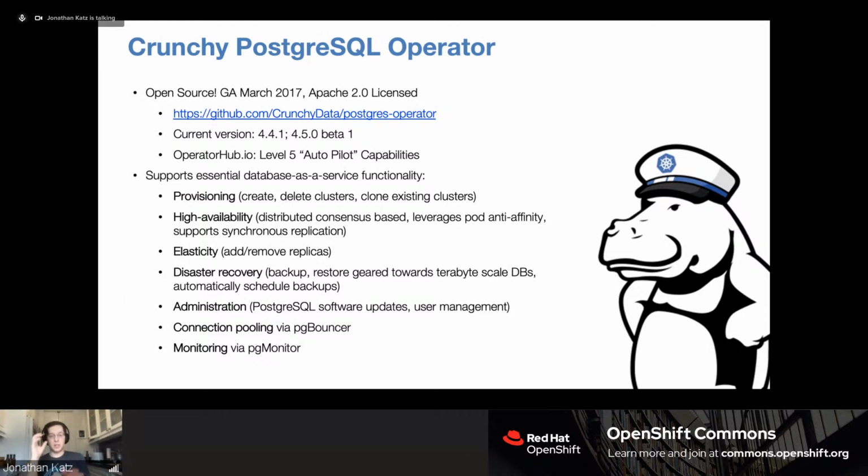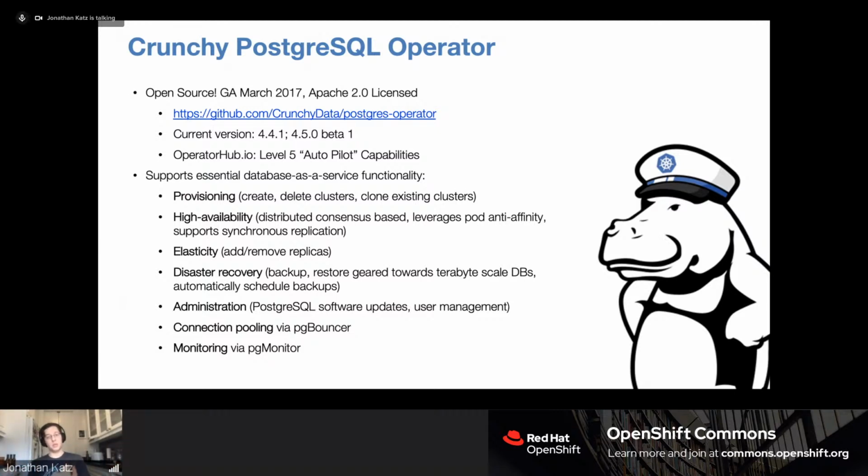Another important thing is that we can leverage Kubernetes and OpenShift native objects to create a very sound system. Kubernetes has this concept of pod anti-affinity, where you can assign rules to say, I want pods of these types to ensure that they don't deploy to the same node. You can require it and say, don't schedule the pod unless they're specifically deployed to different nodes. Or you can prefer it and say, try to schedule the pods to different nodes, but if you can't do it, it's okay, schedule it to the same node. The reason we went with that is to make sure there's a higher probability, or guaranteed probability, that you can schedule your Postgres instances to different nodes.